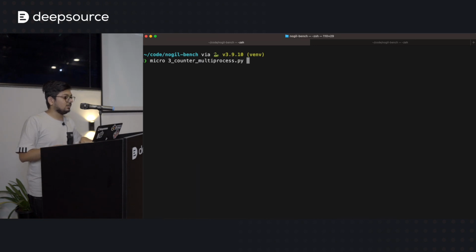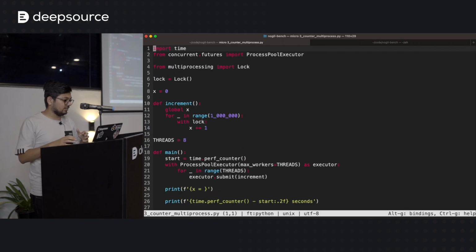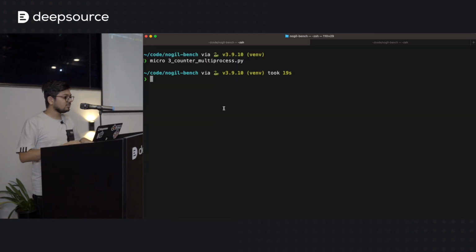So the third example I have right here, we'll try to explain why even without the lock, the multi-threaded Python is still slower than the single-threaded Python. So the thing with threads and lock contention right now is it can be simulated in the Python with the GIL with multiprocessing.